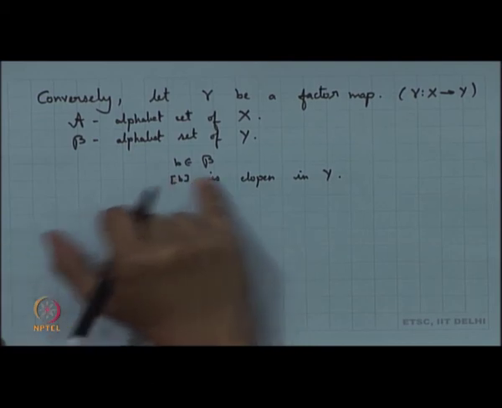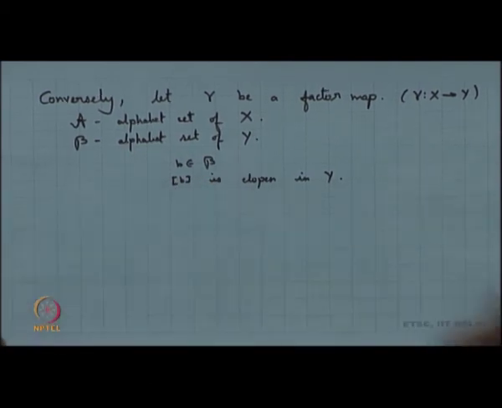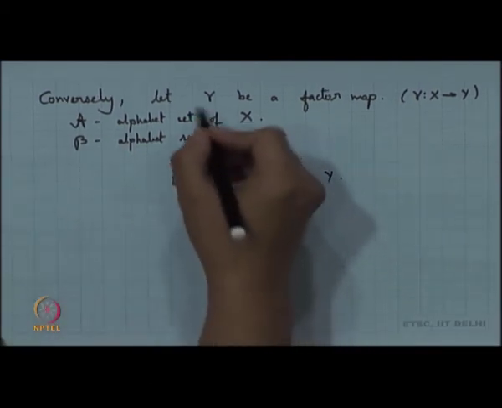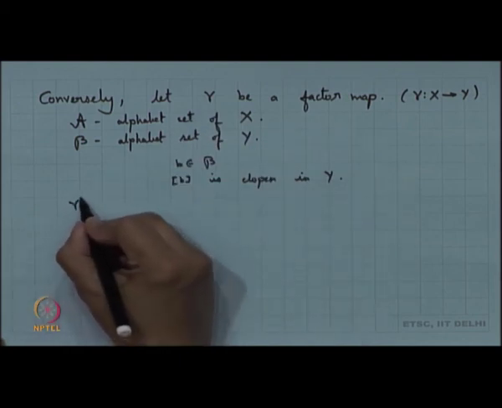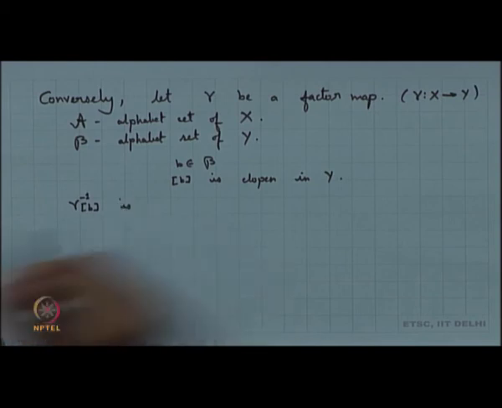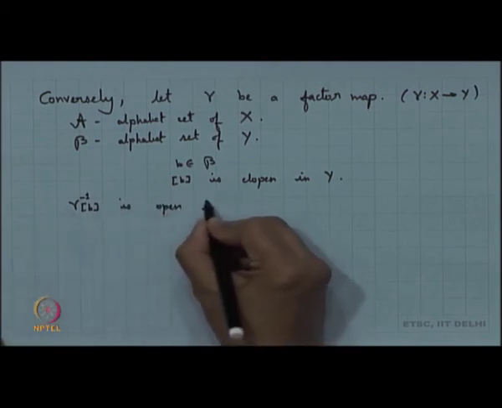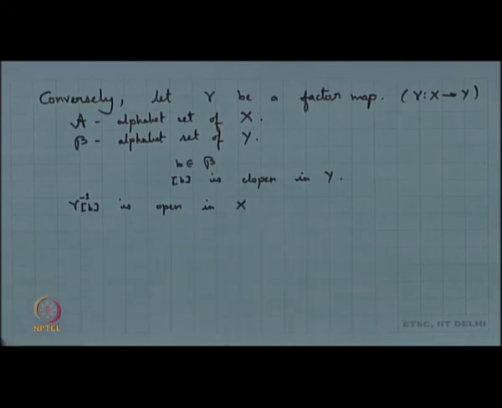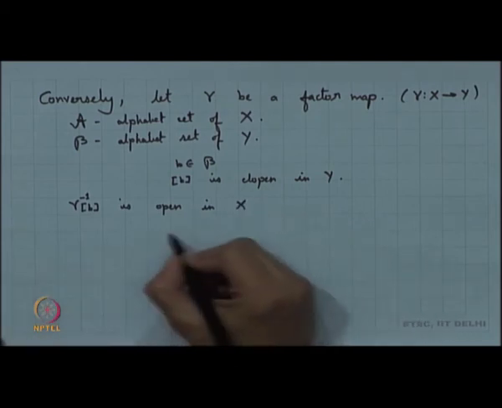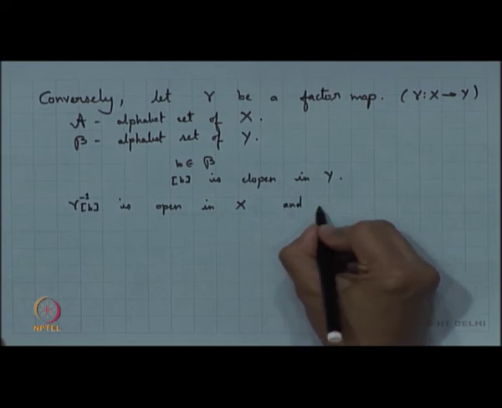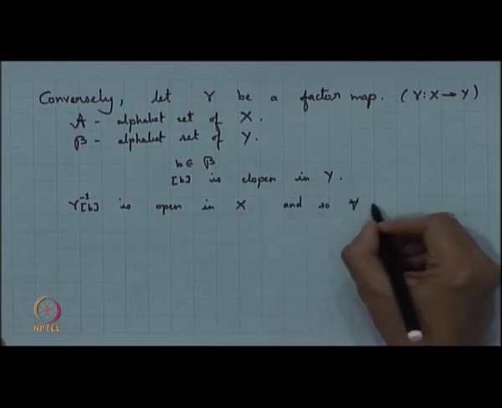For each b in B, these clopen sets will be all disjoint, and because this is a factor map, what can you say about gamma inverse of the cylinder set? It is open in X. So, for every b in B,